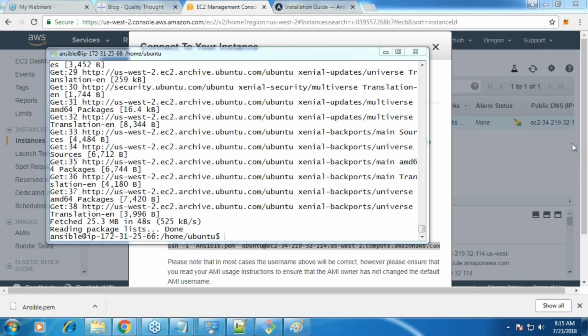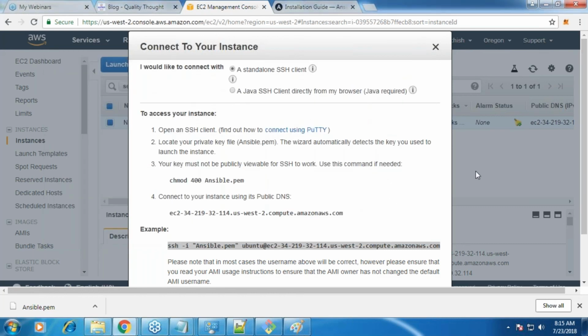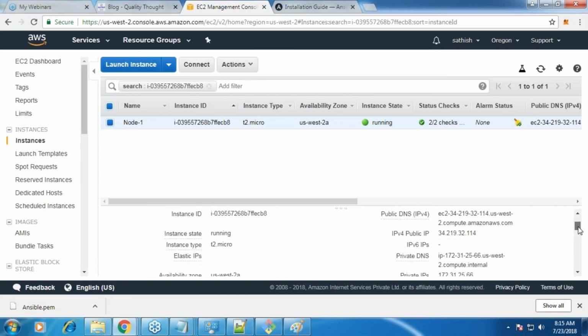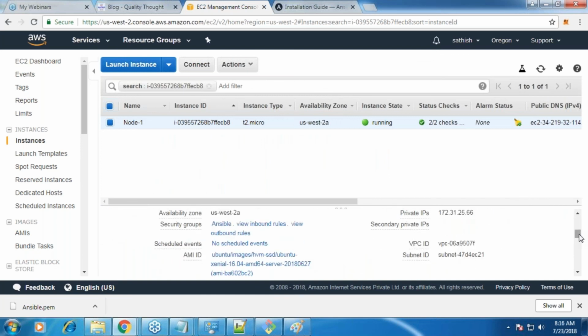Okay, and remember one thing, if you are using AWS, whenever you restart the machine, your public IP address always changes. Always changes. To resolve that, we will be using private IP addresses. We will not use public, because the private IP address doesn't change in AWS. Public IP address changes. So whenever you create a Linux machine, you will get two IP addresses in AWS. So let us look at that. You will have a public IP and then a private one. So this private will never change. The public, whenever you restart the machine, it will change.